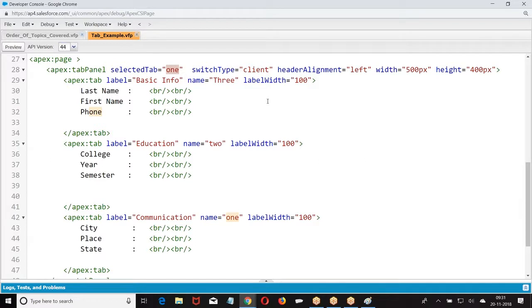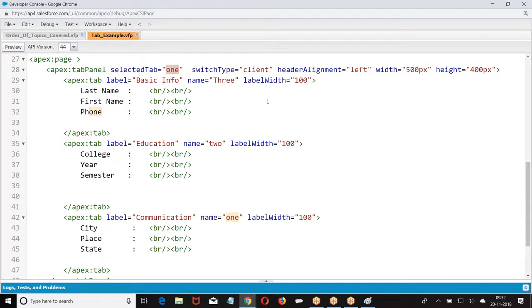So my query is, inside the tab label, tab panel and tab label, can we add an Apex page block or all those things? You can do whatever you want. It's your choice. It's the body of the tab. In the tab panel we can insert a page block, correct? If you allow me to speak, I'll answer your question.